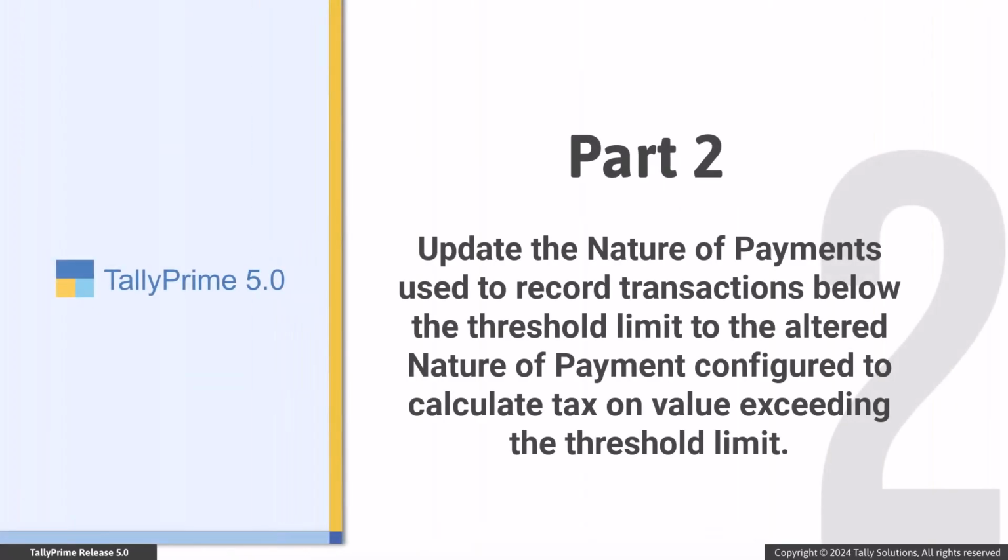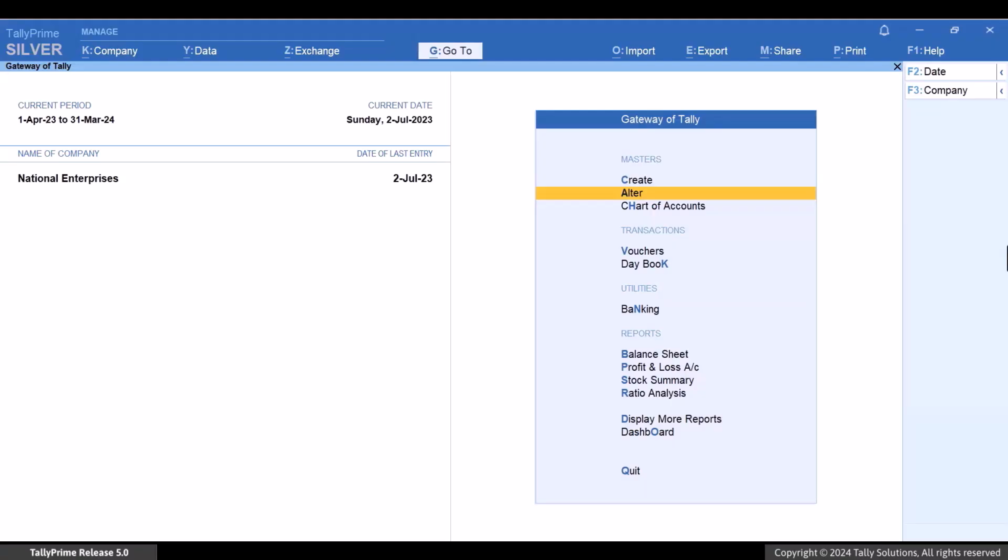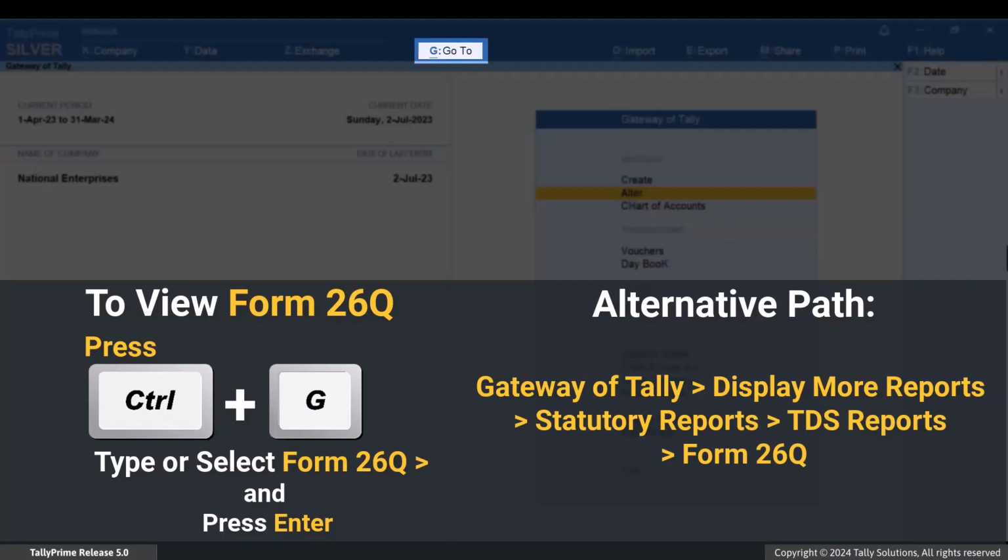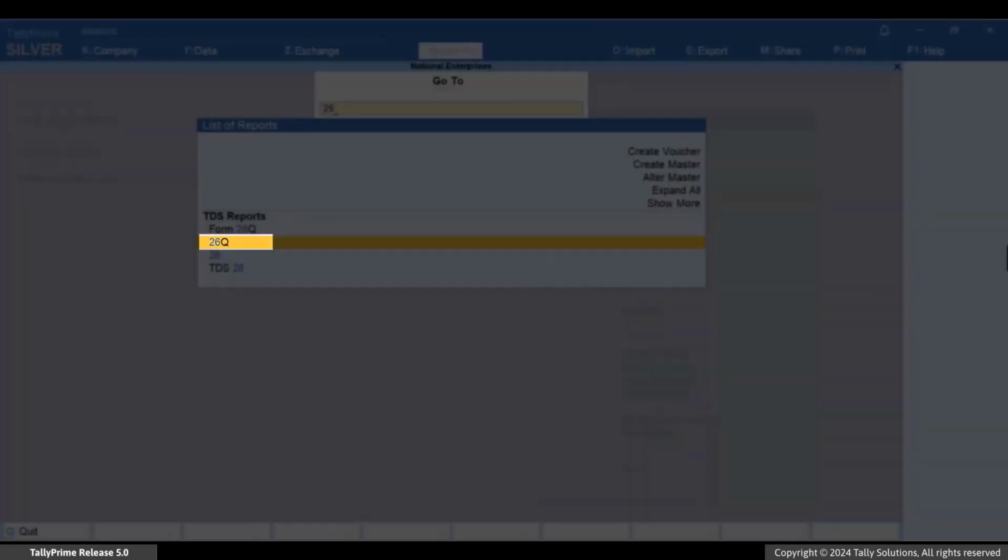Now, let us update the nature of payments used to record transactions below the threshold limit to the altered nature of payment configured to calculate tax on value exceeding the threshold limit. Press Alt-G. Type and select Form 26Q.